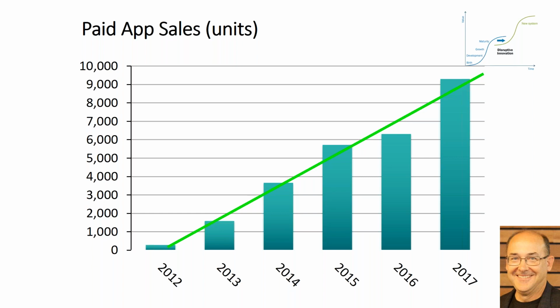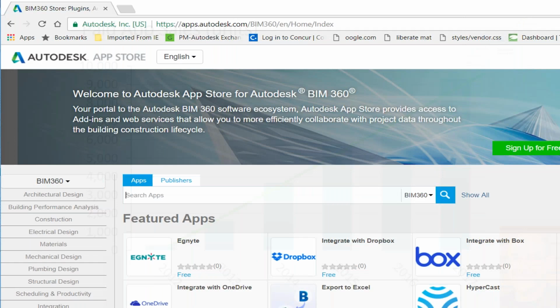I believe some of this is not just about the App Store making it easy to buy, but I think it's business to business. It's customers getting more comfortable with buying online. We're all very comfortable with buying online as consumers, but buying online as a business to business, that is still kind of relatively rough. But I think we're actually turning a corner there. Okay, so again, as Autodesk goes through this growth of subscribers, the number one way for you to engage with that increasing number of subscribers at Autodesk is to leverage the App Store.